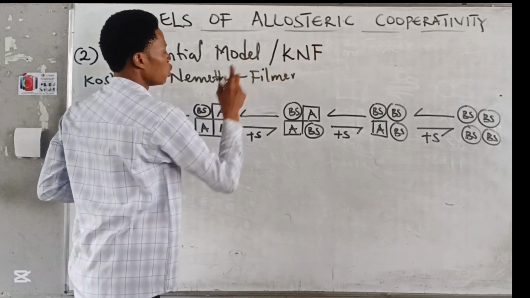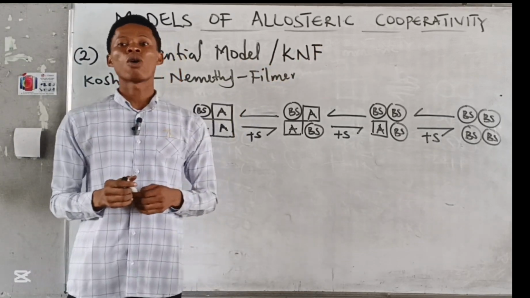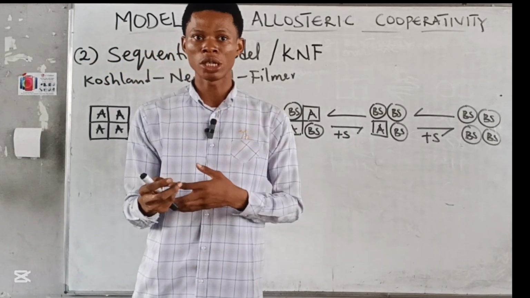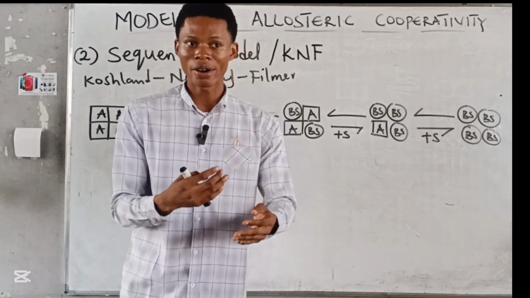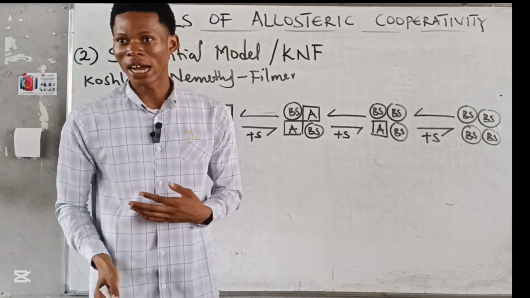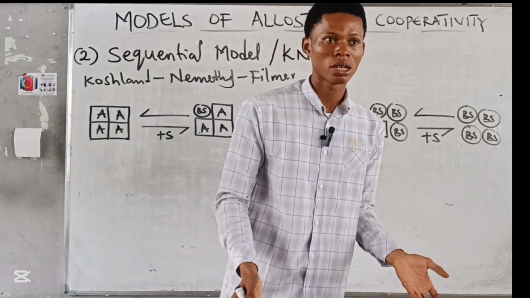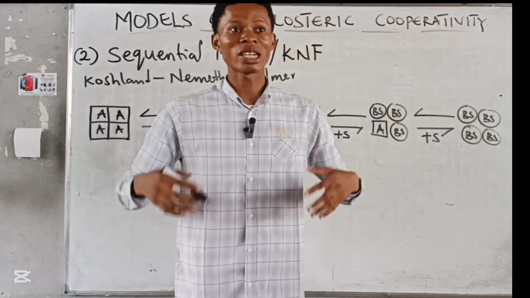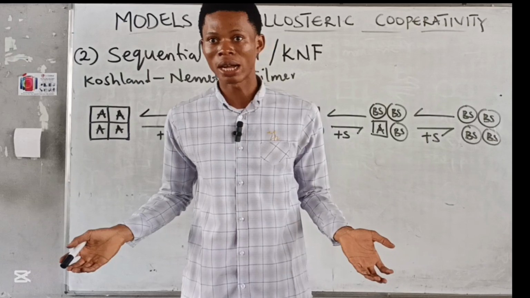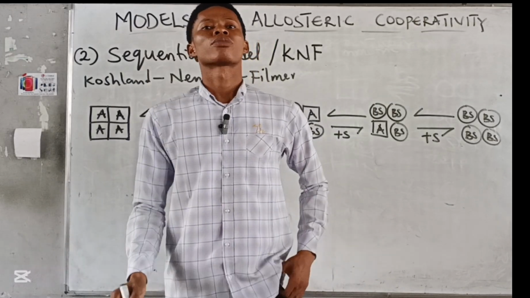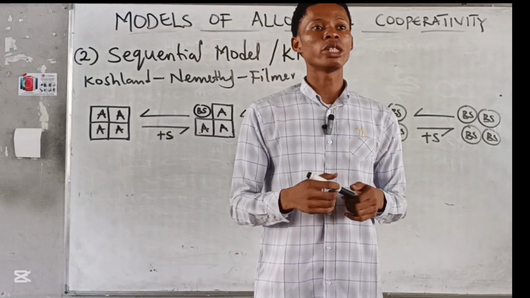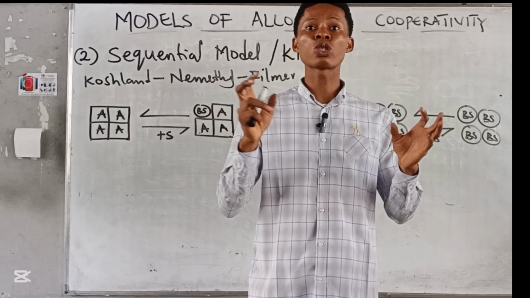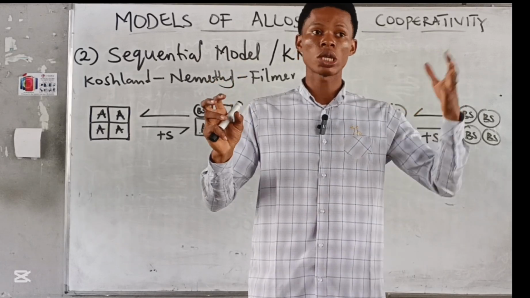Koshland-Nemethy-Filmer. Now, when they say something is sequential, what does it mean? One after the other, right? They say do it sequentially now. It means do it one after the other. Do it symmetrically, meaning do it at the same time. Is it not? Now, in the symmetrical model, it still proposed that proteins exist in 2 conformations, tense state and